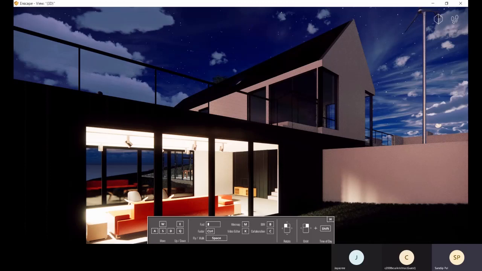Let me check. Yes, so it will be saved in the C folder, program files. Okay, just a minute. Let me check where it is saved actually.